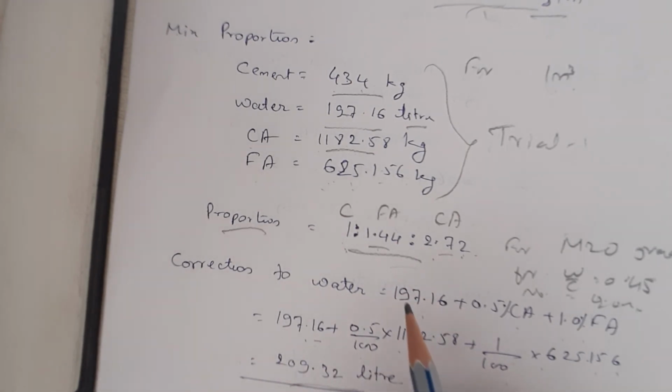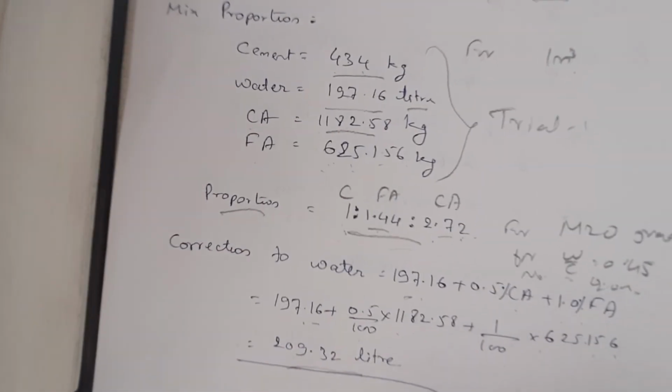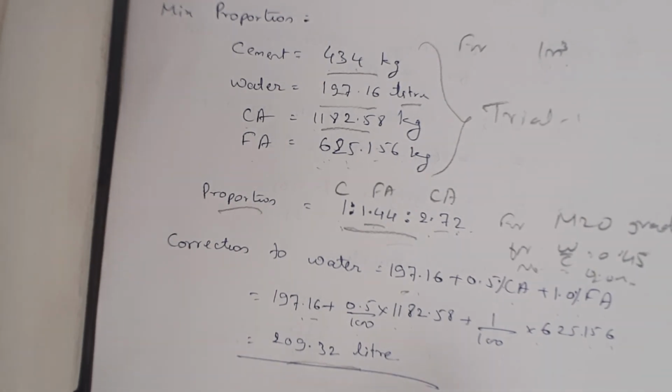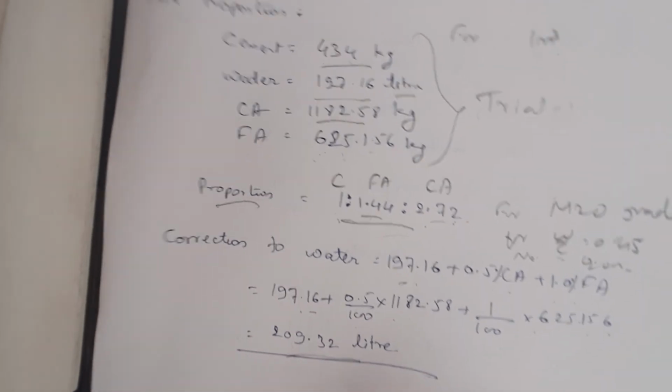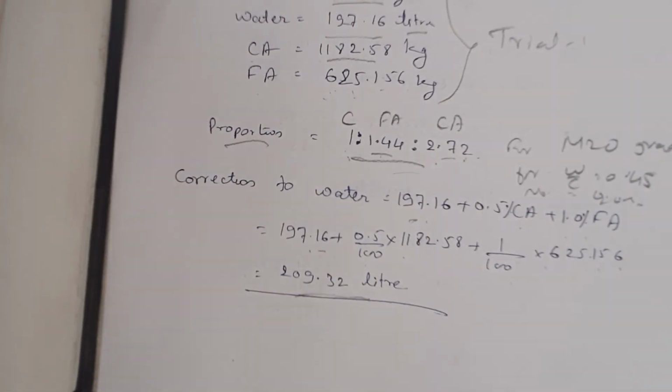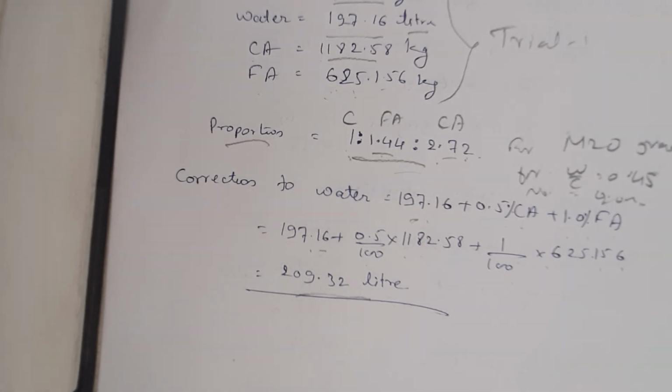Along with this, this is a simple problem where we have not taken the effect of the plasticizers, and we have not taken the effect of the mineral admixtures, right? So this is the problem without adding admixtures and mineral admixtures. In the next video, I am going to discuss the mineral admixtures, what the results will be for adding the admixtures, and how to calculate the admixture values.